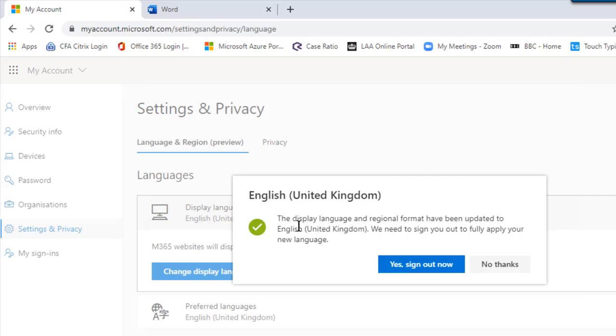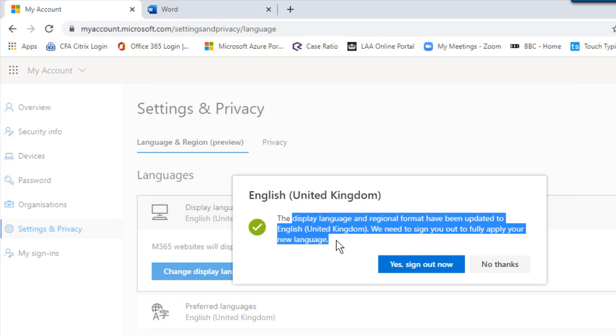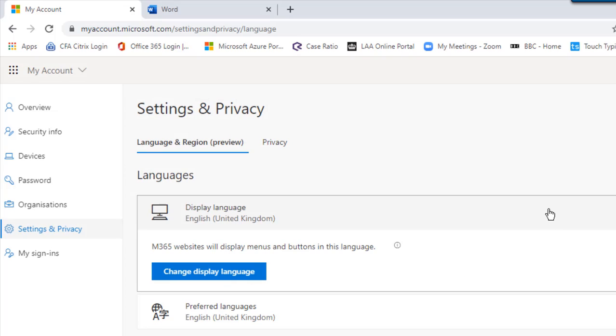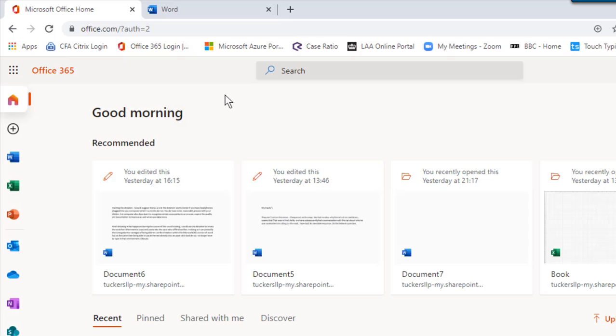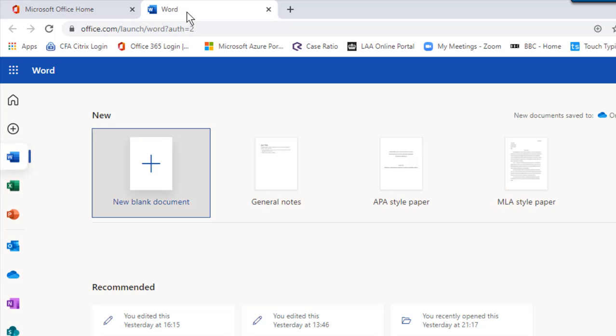It is asking then for you to log out and log back in order for those language settings to take effect. I'm not going to do that because I've already got the correct language setting, but you will have to log out and then log back in order for that language change to take effect. So back on my Office 365 homepage, we've already opened this tab relating to the online version of Word, but